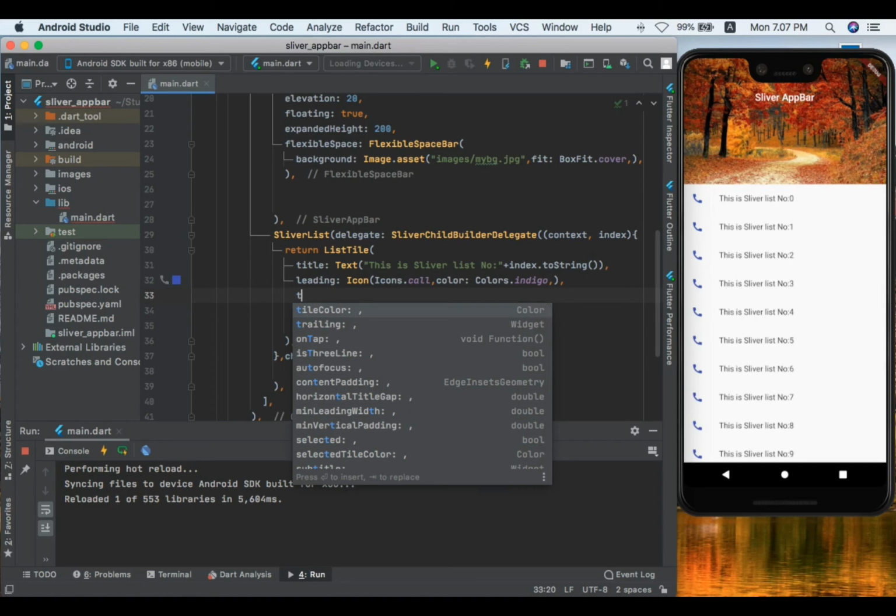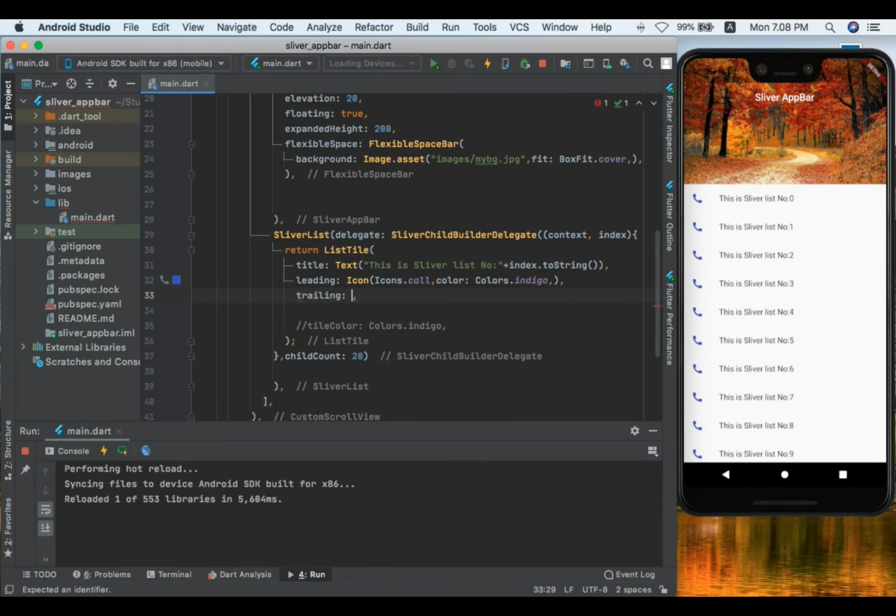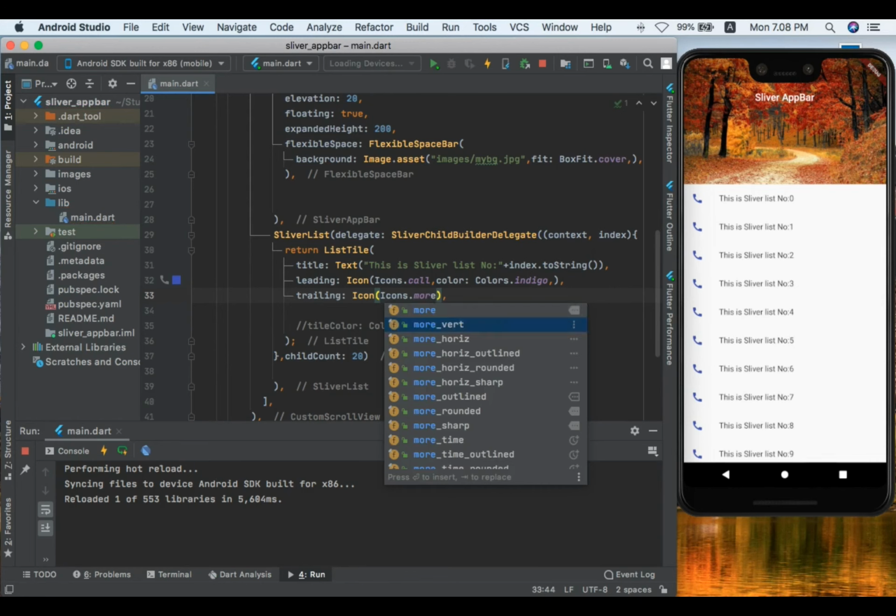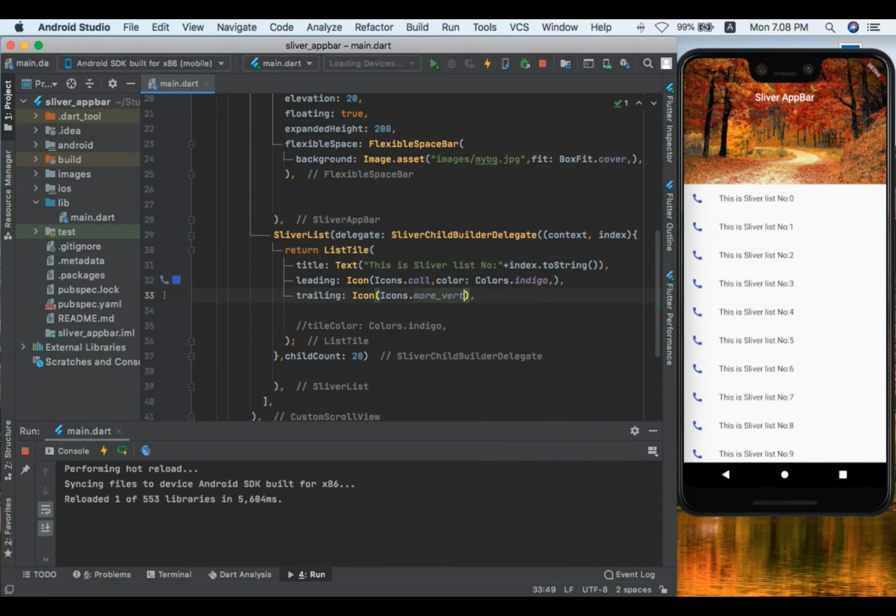We also have tileColor that changes the background of our sliver list. If you want, you can change it. We give it trailing. It also takes Icons.more_vert, meaning vertical. So let's save it. Now you can see that we have a more icon also at the trailing of our